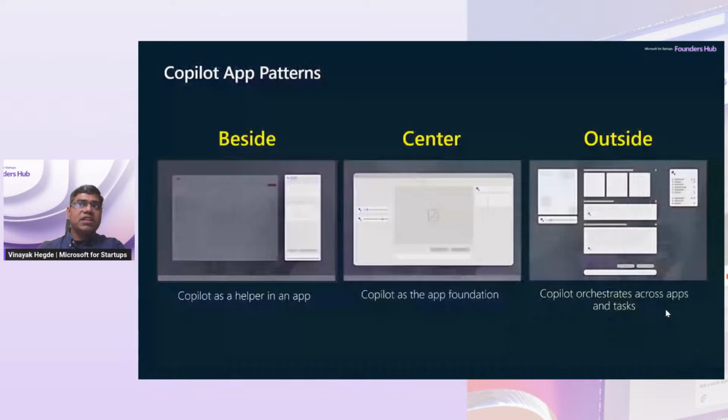And then there is the outside pattern, where Copilot not only is generating all of this, it is actually interacting with the external world. So it's orchestrating different kinds of things. So it's definitely pulling data. For example, in the travel planning app, it will build you an itinerary. It will give references to each of those booking sites. It will tell you prices. So all of this orchestration, calling APIs, pulling data from different apps,